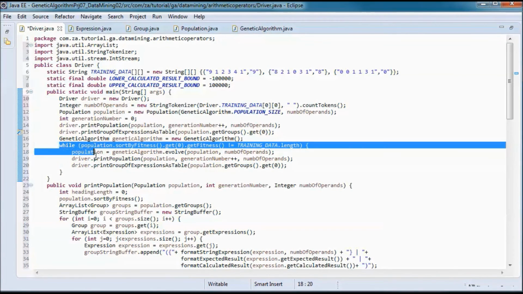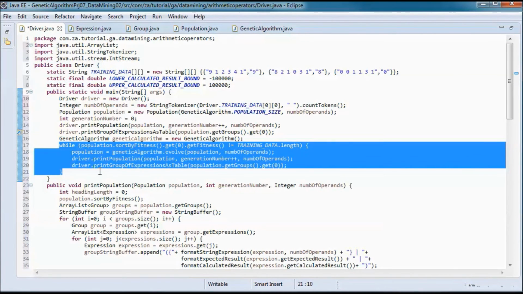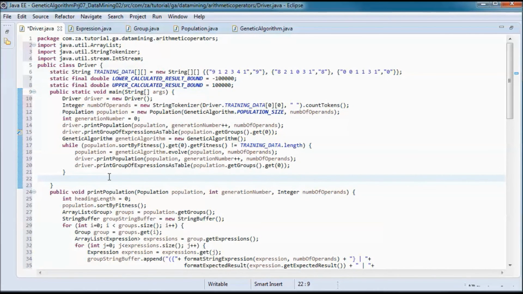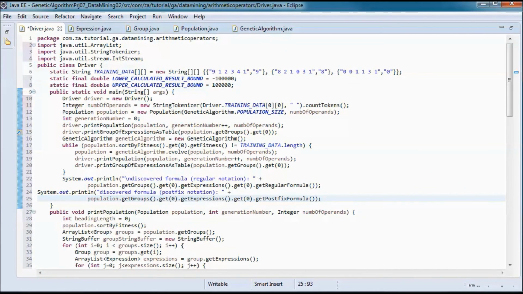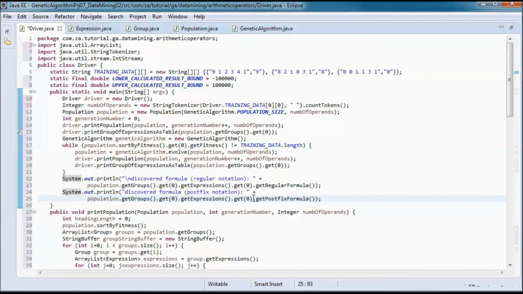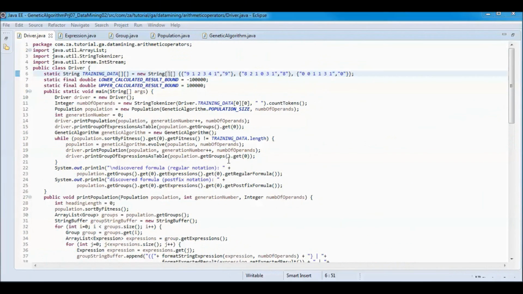And when all the expected results are equal to the calculated result in the fittest group in a generation, then we exit that while loop and find out what the formula that we discovered is, in postfix notation and as a regular notation formula. So this should do it.